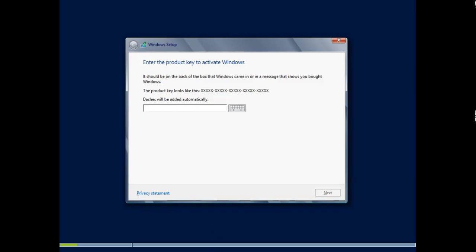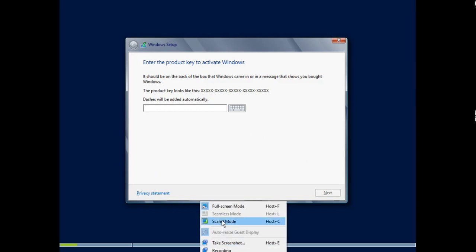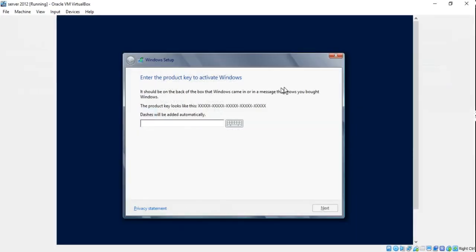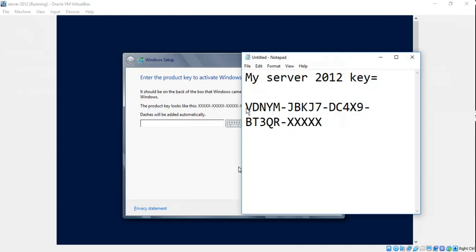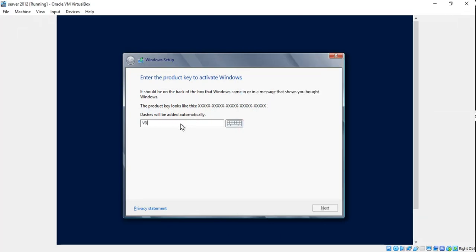Now go to view, exit full screen mode, because I want to enter my product key and that is on my physical machine. Let's type it.